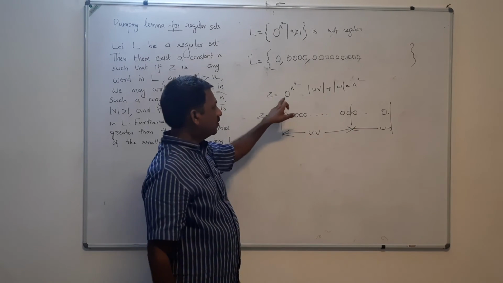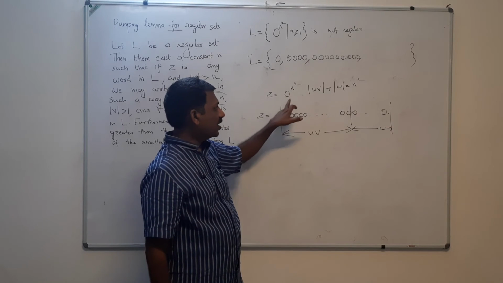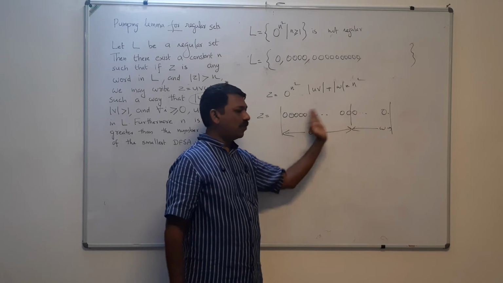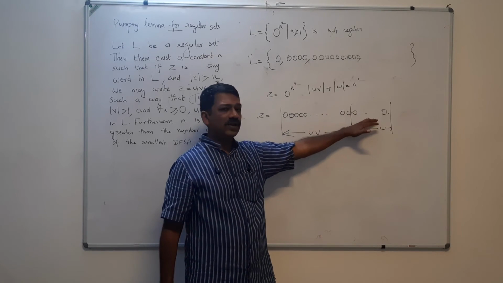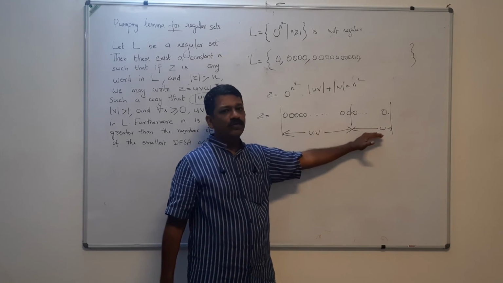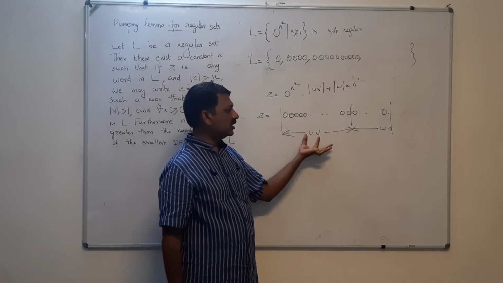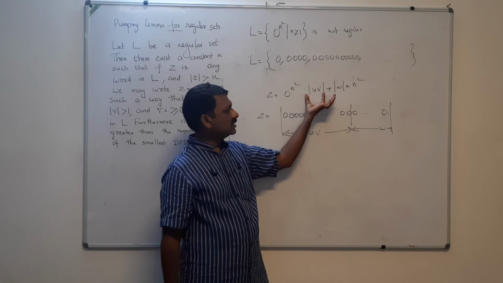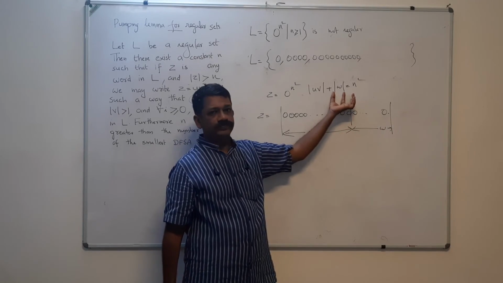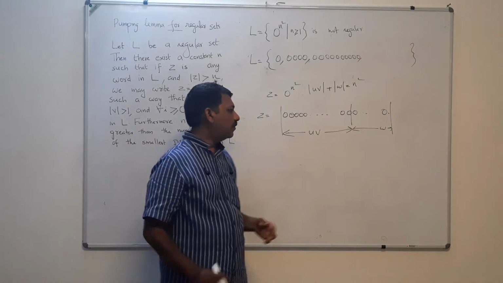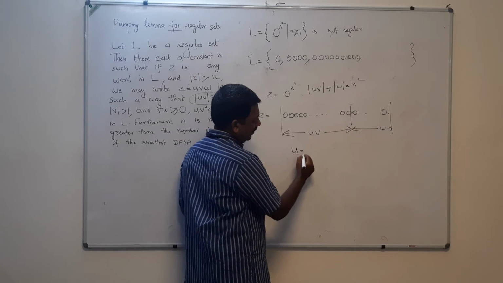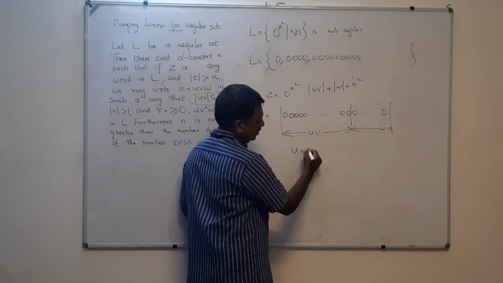That means 0 raised to n square means n square number of zeros. So I have divided this into two portions. That means here we have n square number of zeros. I have divided this into two, uv portion and w portion, and this is the length of uv and this is w, that is having length w. Okay, now suppose that this u is having, say, p number of zeros,